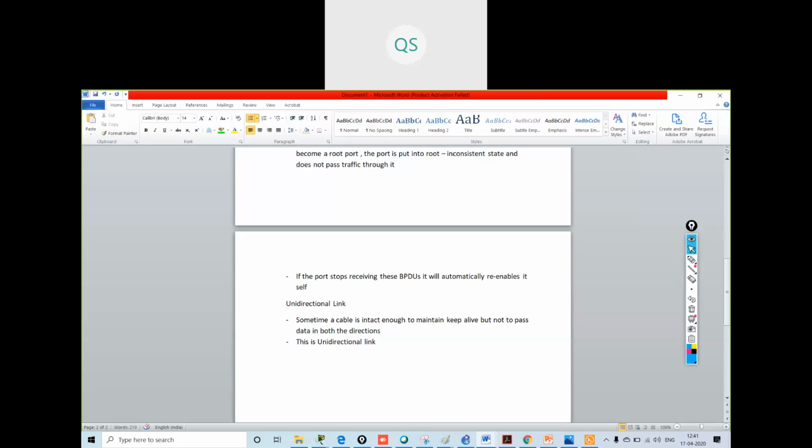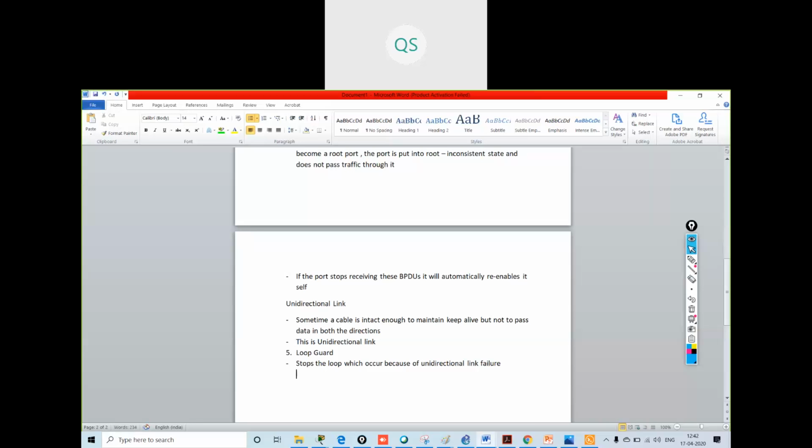Now what is the solution? The first one that we can use is loop guard. What does loop guard do? It stops the loop which occurs because of unidirectional link failure.